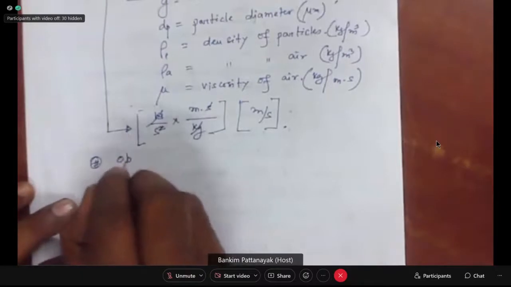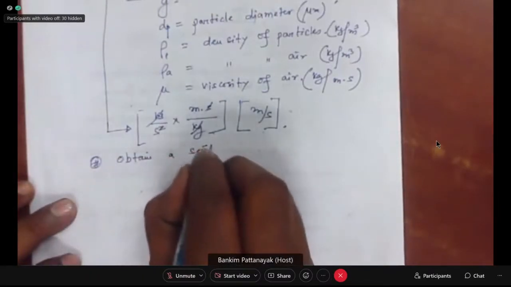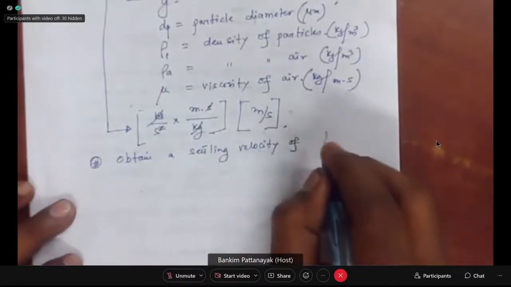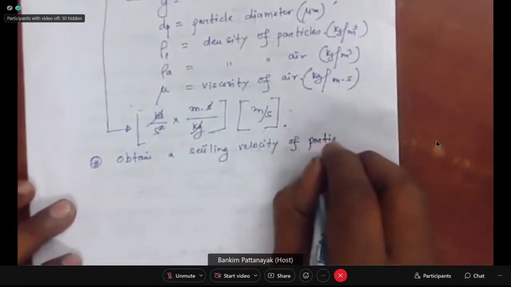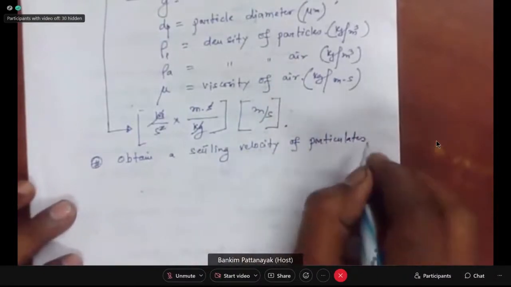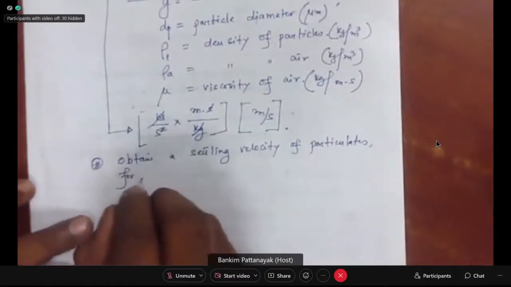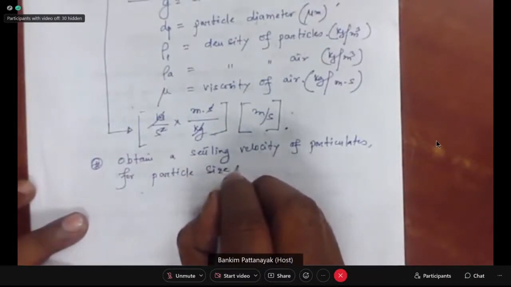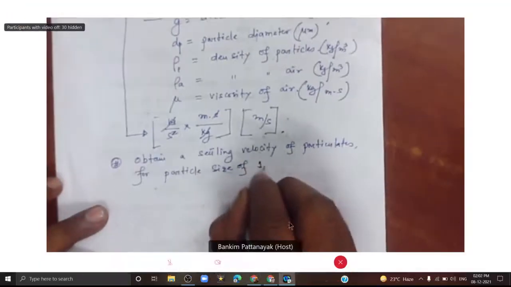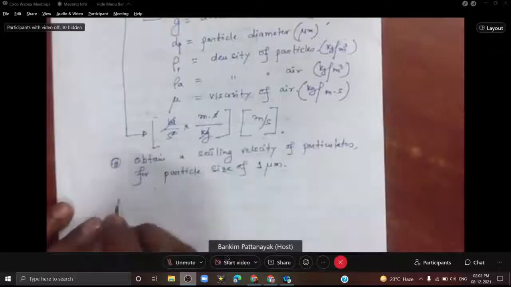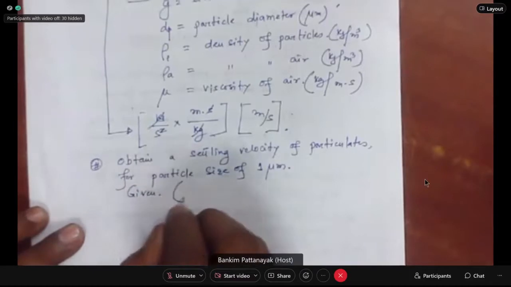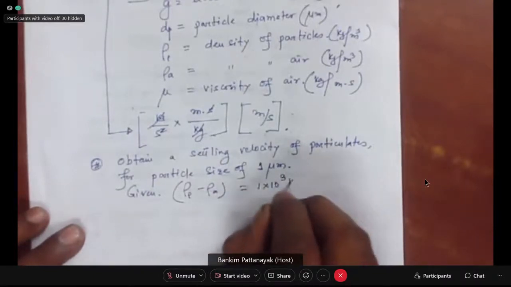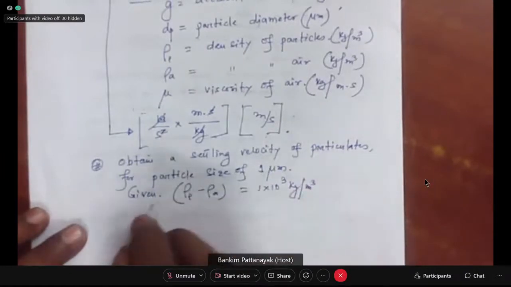Obtain the settling velocity of particulates for a particle size of 1 micron, given rho p minus rho a is equal to 1 into 10 to the power 3 kg per meter cube, and